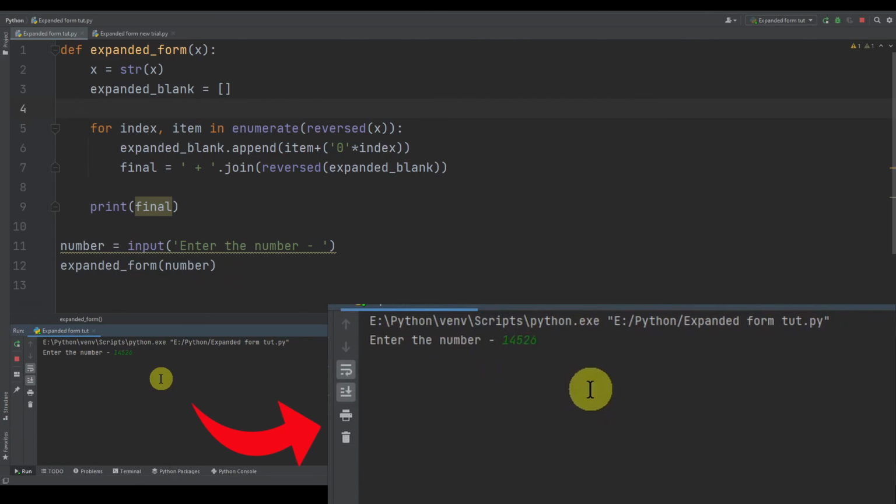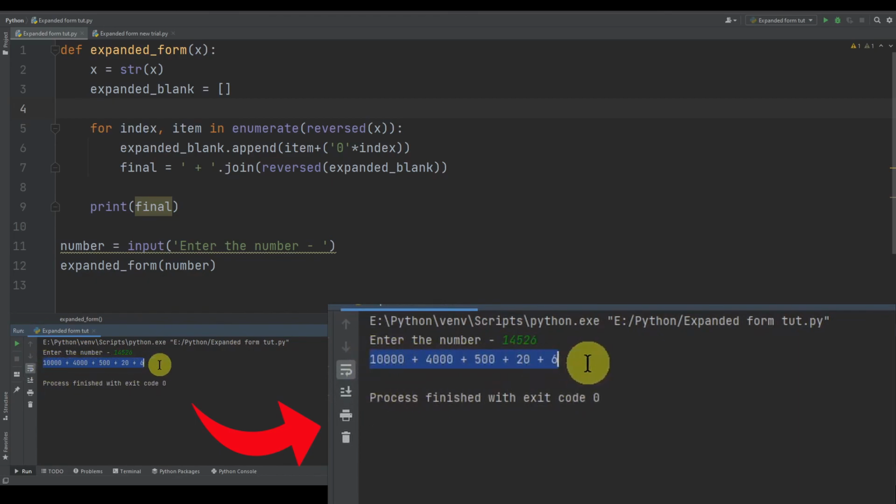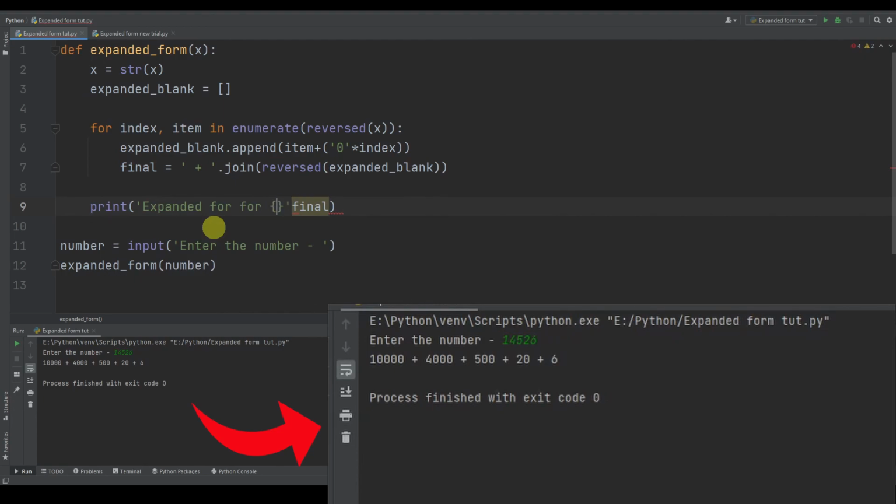So I'll save it and I'll run it again. 14563, whatever number, 14526, and I press enter. We get the expanded form 10,000 plus 4,000 plus 500 plus 20 plus 6. Just to make it look good, so just add expanded form for, I'll just add an f string actually. For x is